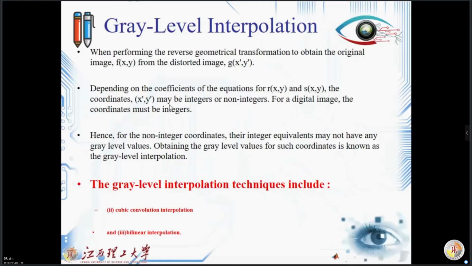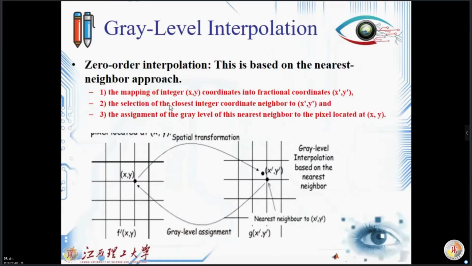The gray level interpolation techniques include cubic convolution interpolation and bilinear interpolation, which we are going to talk about. First is zero order interpolation, which is the basis of the nearest neighbor approach. You will see the mapping of integer x and y coordinates into the fractional coordinates x prime and y prime. Selecting the closest integer coordinate neighbor to x prime and y prime, and assigning the gray level of this nearest neighbor to the pixel located at x and y